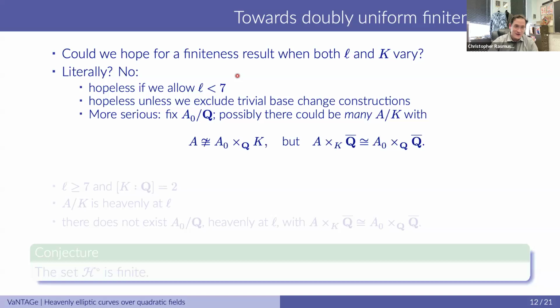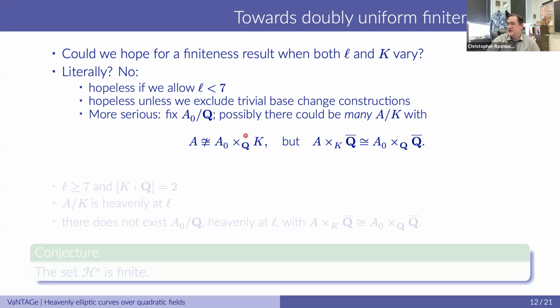First of all, we've already observed infinite families when L is less than 7, so there's no hope of getting a finiteness result if we don't account for that. There's also issues around base change constructions, which have to be accounted for. And okay, we can play the same game by looking at Q-bar isomorphism classes, but it's not immediately obvious that solves all the problems that it solved before. There's a subtlety